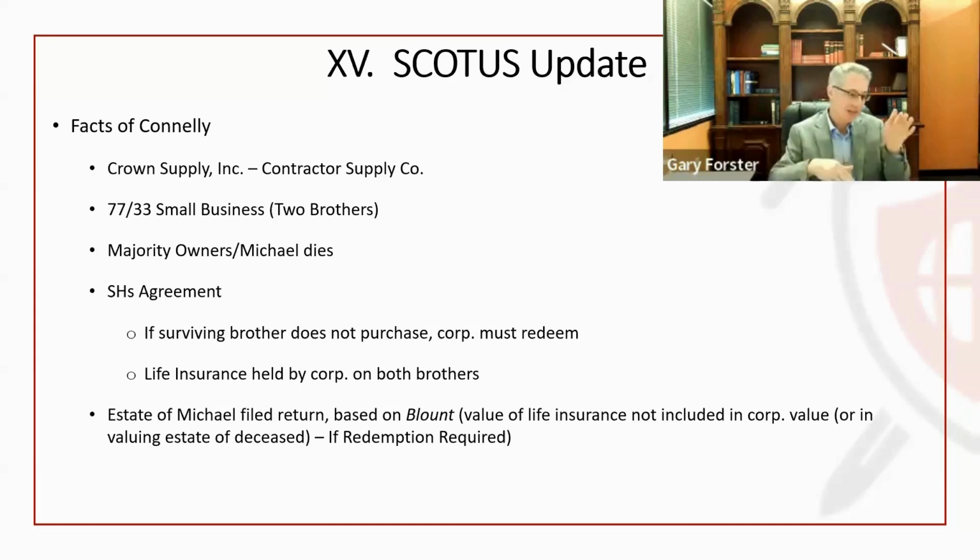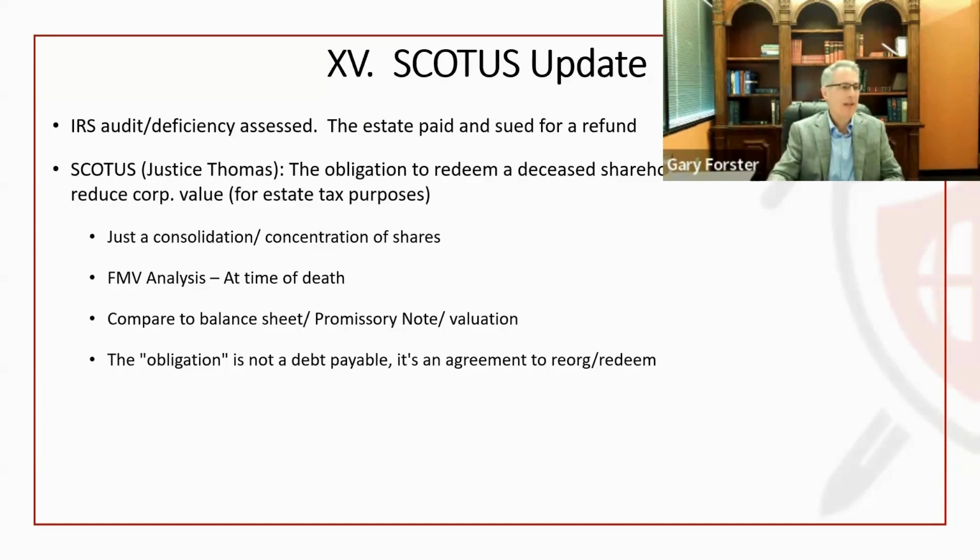Blount said the life insurance doesn't count in the valuation of the estate. The Supreme Court said, no, they count. So we have to be careful with that. What does all that mean? When we have this life insurance in the company and it's used for the buyout, it means that you're creating estate tax on the estate side of the shareholder that died. So you've got to be very careful with that now. And the way to deal with that is,